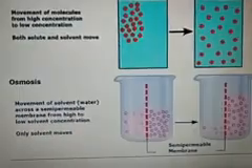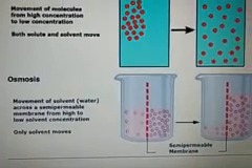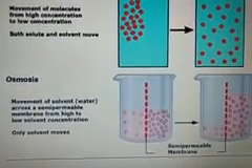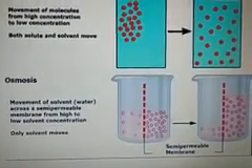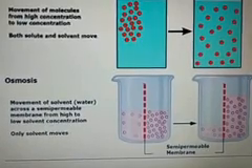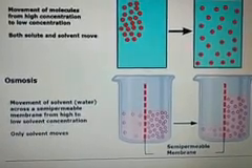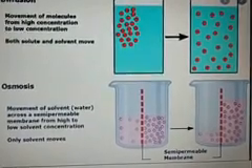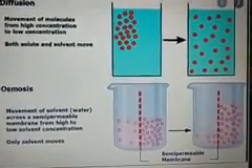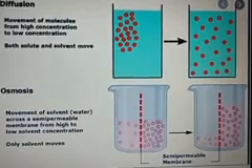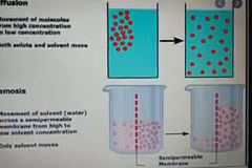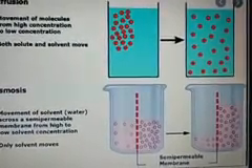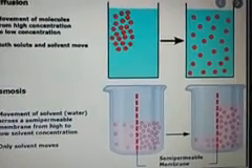And osmosis, here you can see there is a semi-permeable membrane involved for osmosis to carry out. Movement of solvent, mainly water, across a semi-permeable membrane from high to low solvent concentration. Okay, here you can see only solvent moves. That you have to take care. Means only water mainly is the solvent.